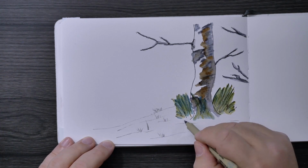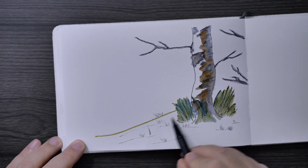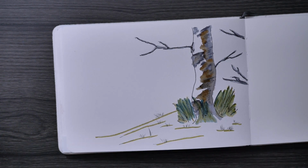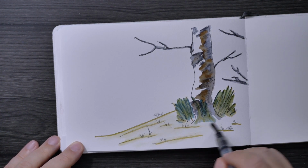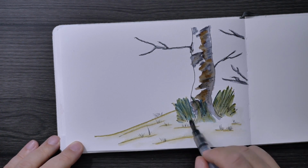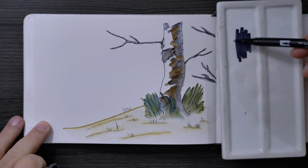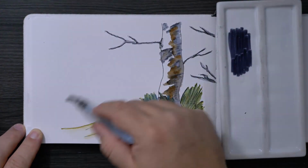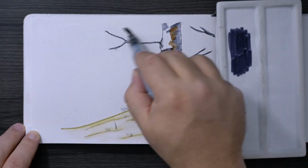If I want a smooth wash, as you'll see here, I will scratch out the color on a palette and then use that almost like regular watercolor paint. And then otherwise, I just go directly on the page. And this brings me to another point. One of the things that I really like about watercolor markers is you don't have to carry your whole palette with you. They're easy just to carry 2 or 3 colors,